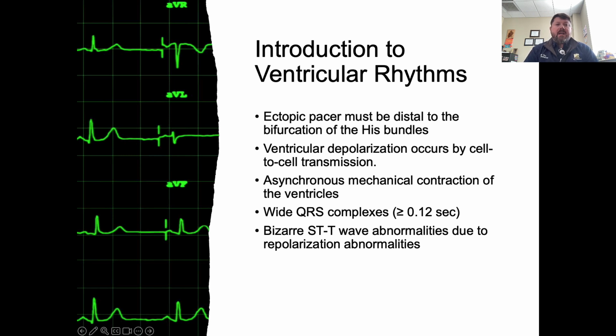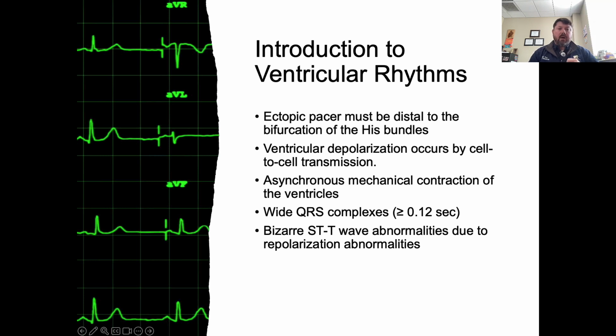So, to define a ventricular rhythm, there are a couple of criteria that must be met. The ectopic pacer must be distal to the bifurcation of the bundle of His. So the ectopic pacer will be found down in the ventricular conduction system or in the ventricular cellular system. And when depolarization occurs in the ventricles, it's going to occur by cell transmission instead of going down the normal